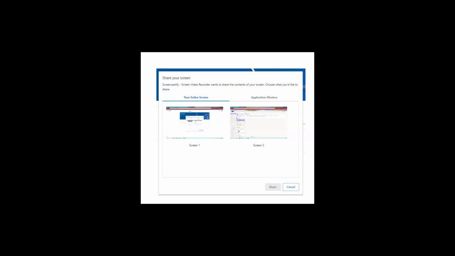I should mention, if you have more than one screen, you will have to tap on whichever one you want to be recording. I'm going to choose screen 1, and when I do, there will be a little blue line around it, and this button will turn blue. I'll tap on share and begin my recording. And now I am recording in Screencastify, and you can see my drawing tools are down here in the lower